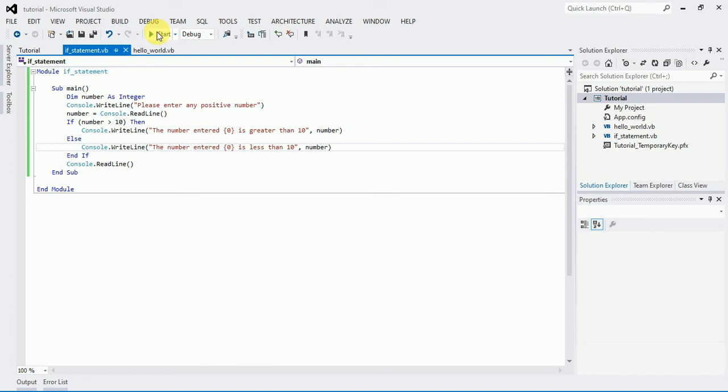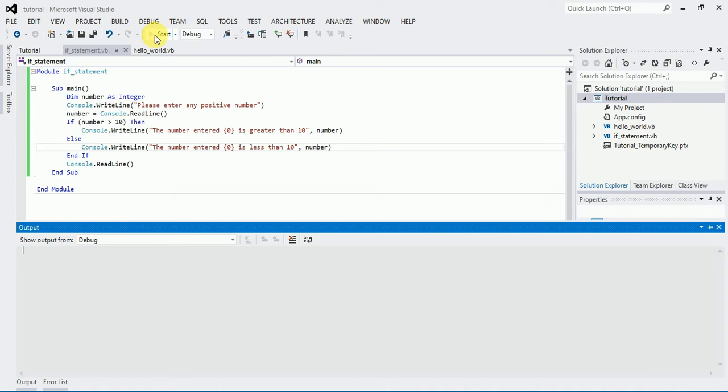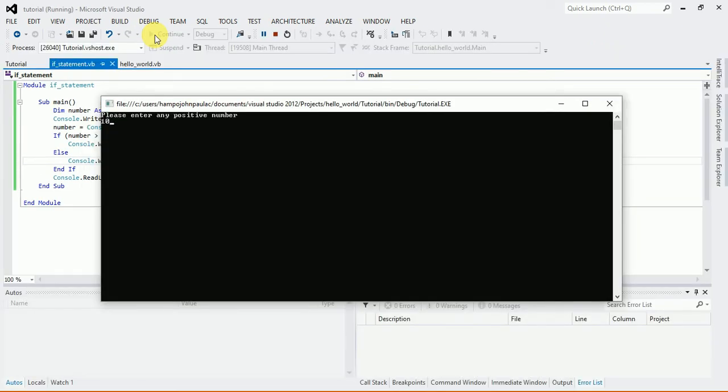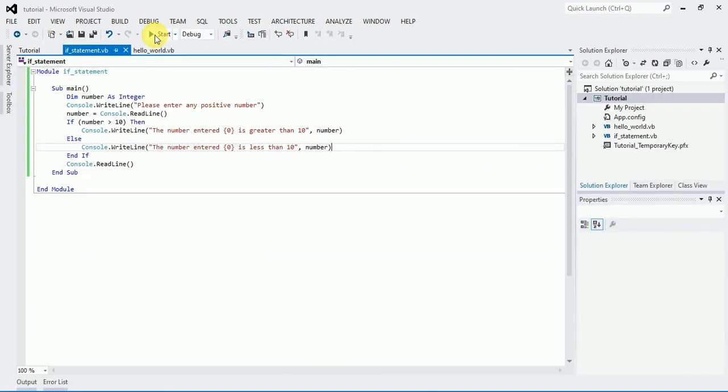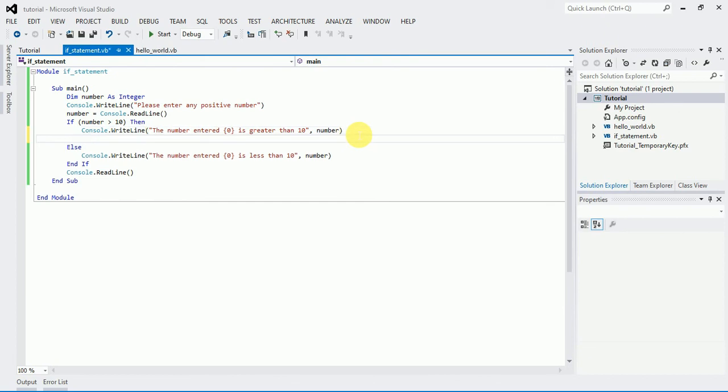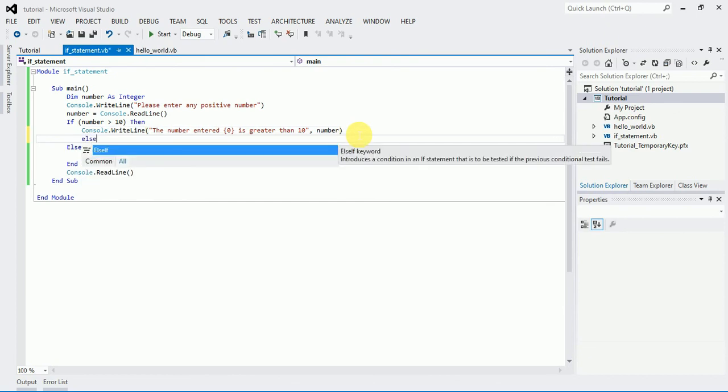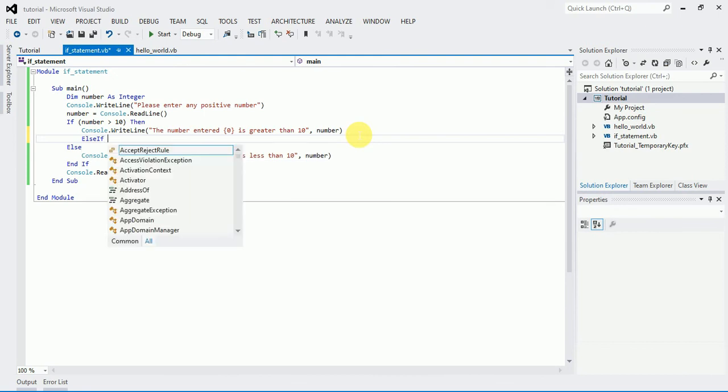So now we have an if else statement. And what if it is equal to 10? Let me run this and put 10. The number entered is less than 10. You know why it's showing this? Because if it's not greater than 10, everything else is less than. So I want it to detect if it's equal to 10. So I'll make an else if statement here. I can say Else If number